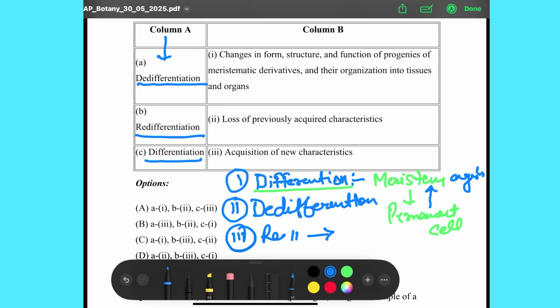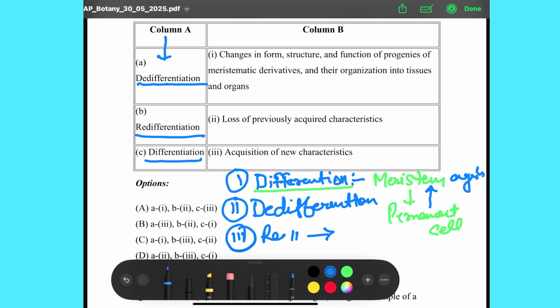Those regained meristematic cells become new permanent cells, or we can say after de-differentiation, those meristematic cells specialize again to